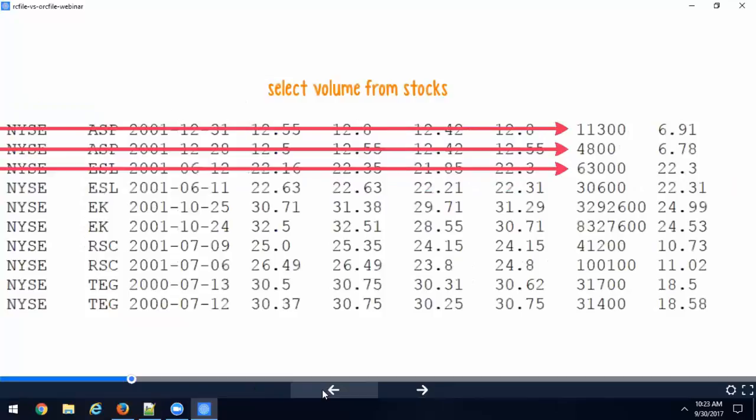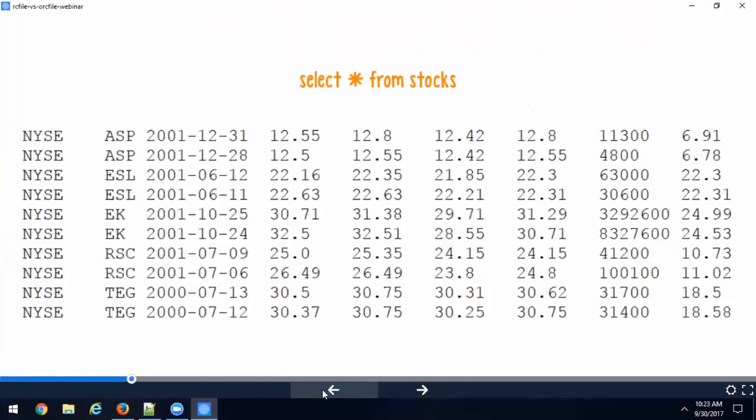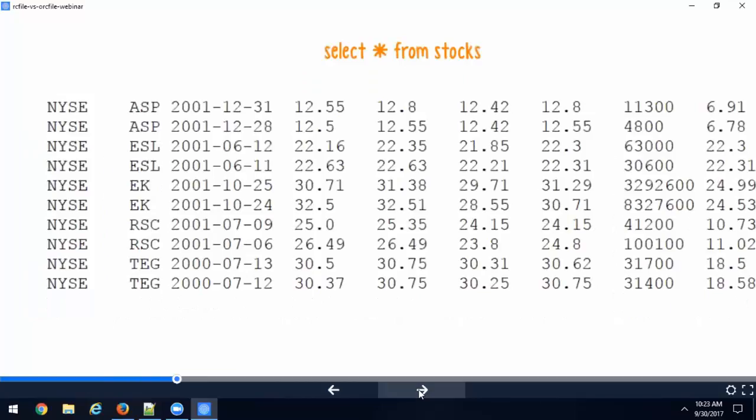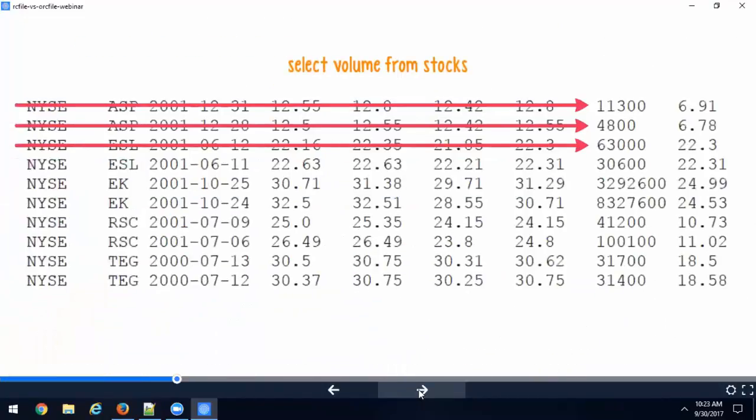So going back one slide, it is great in a row major format if you do select star from stocks. The row major format will do just great. But if you are doing column-specific operations, it's not that good. It's inefficient. I shouldn't say it sucks, but it's inefficient. And same from the storage standpoint, from the size of the data set standpoint, right? Your compression is also very inefficient because you're not storing the same kind of columns together. Okay. So those are the issues with row major format, all right?